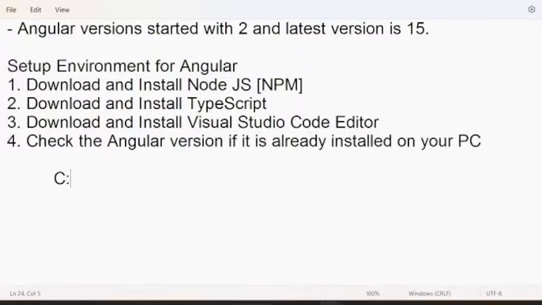How to check? In the command prompt you use ng version.